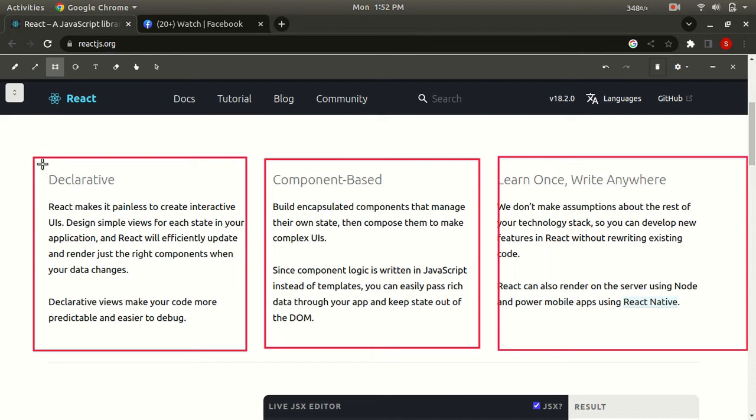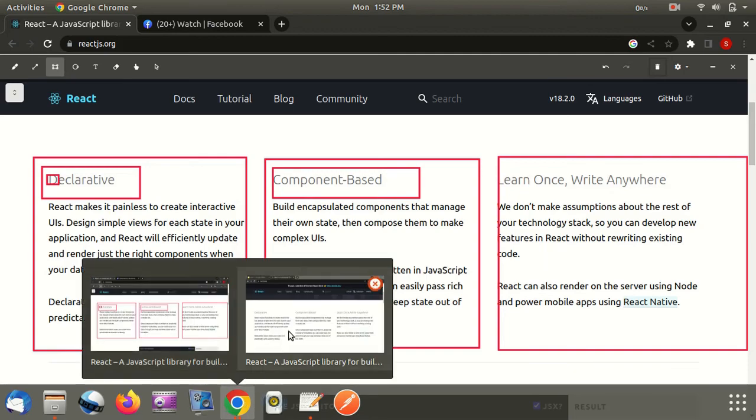If we consider the header part, there is a similar color of header, the first letter is capital, only the text is different. So in React we can create one component, we only pass the data to that component, and that component will render and handle the other part. So this is called a component.